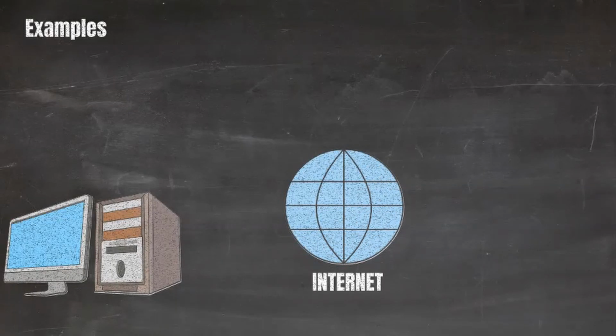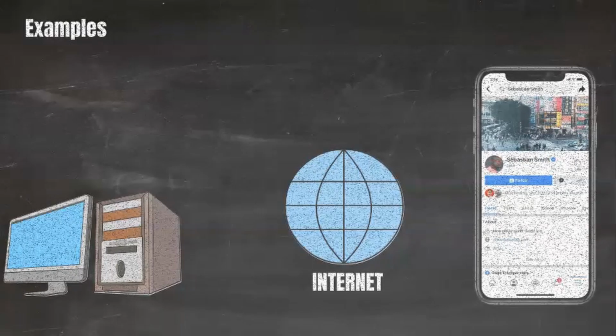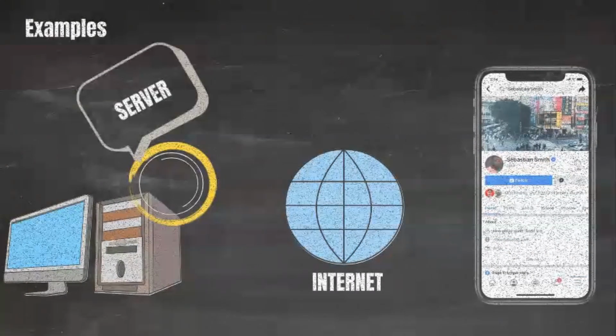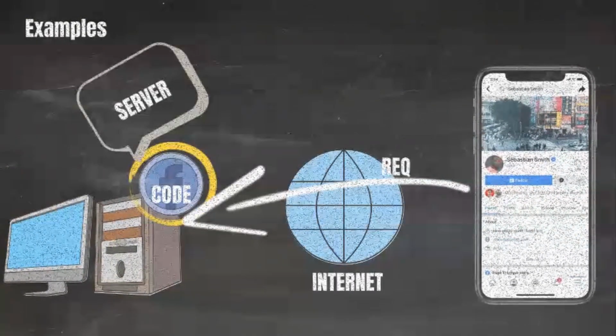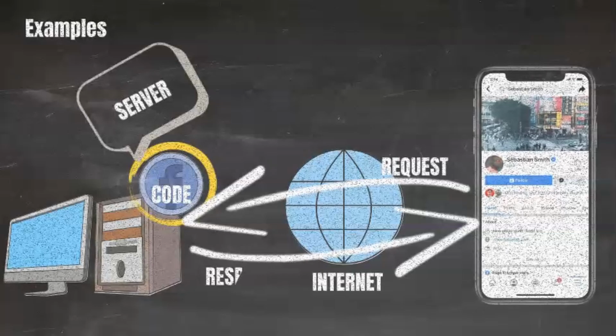Let's take an example of somebody trying to log into Facebook from mobile. There'll be a server which has the Facebook code running. The request will come to that server, and based on the request, the server will send it to the corresponding area in the code, and it will respond with the requested page. As you can see, the mobile is loaded with the home page, because after you log in, the response would be the home page.